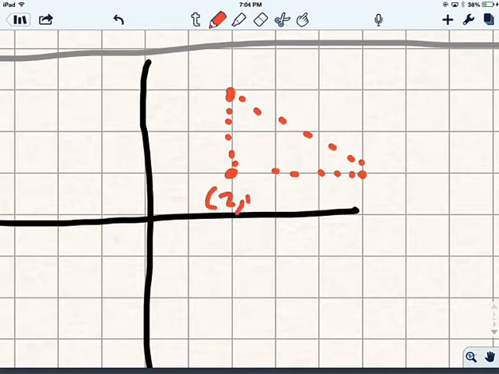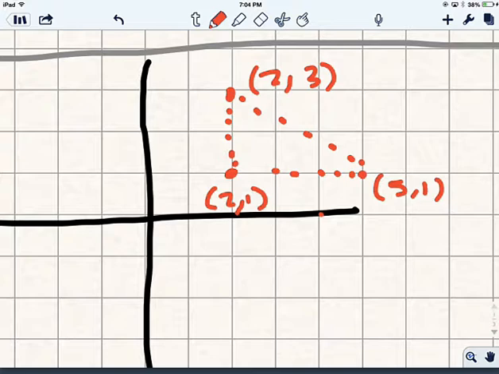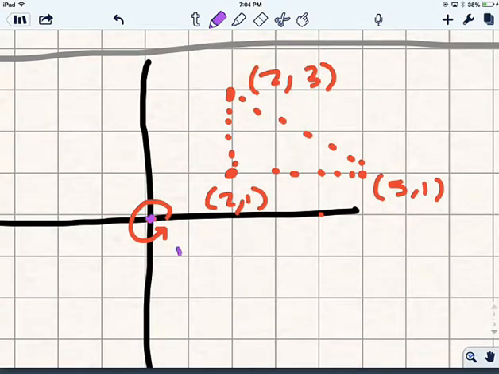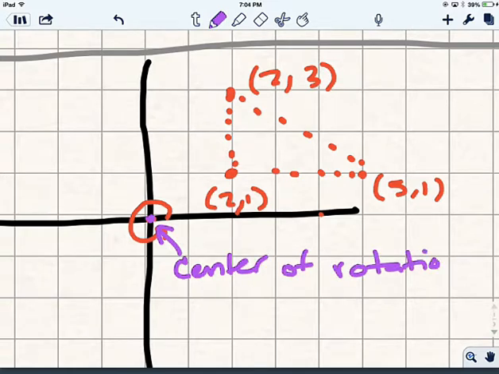Okay, so that's going to be 2, 1. Let's see, 1, 2, 3, 4, 5. So that'd be 5, comma 1. And we'll call this one 2, comma 3. Okay. So what I'm trying to do here is to take this and rotate it 90 degrees about the center of rotation, which shall be 0. Let's change that color actually. So let's make that the center of rotation. Okay, and then the angle of rotation